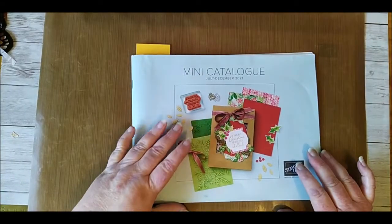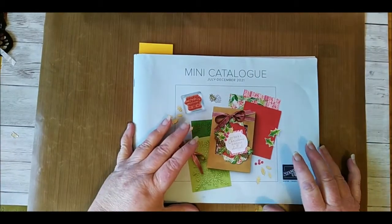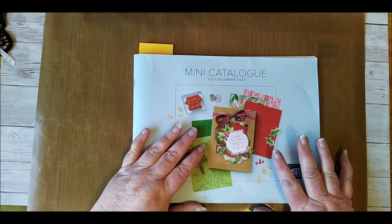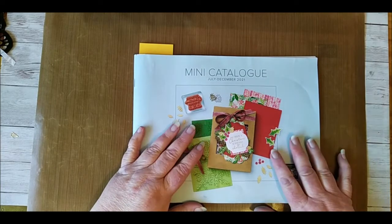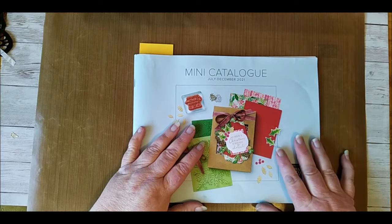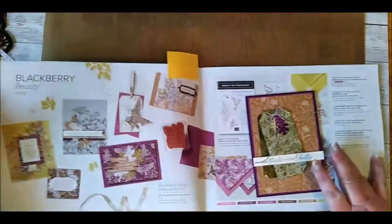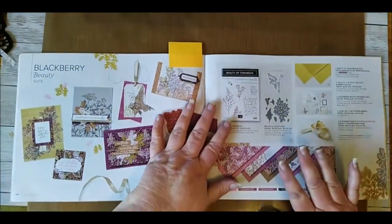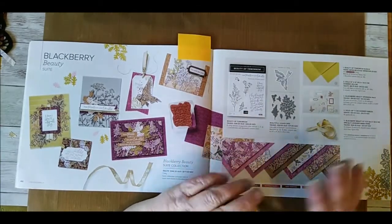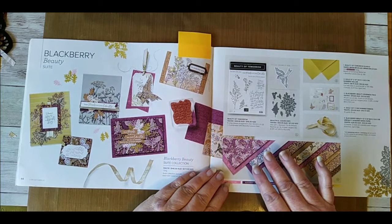She's watching. Okay, so this is our mini catalogue, and this goes from July through to December. It's got all our Christmas products in it, and for those in America, your Thanksgiving as well as Halloween and a few others. So the product we're going to be looking at today is traditionally probably a Thanksgiving stamp set. And normally here in Australia we don't celebrate Thanksgiving as you do in America, so this is probably one